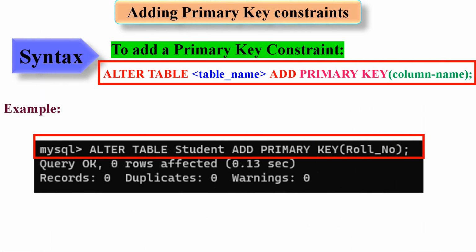Let's learn how to add primary key constraints. The syntax is alter table table_name add primary key (column_name); For example, look at the MySQL statement. Alter table student add primary key (roll_no);